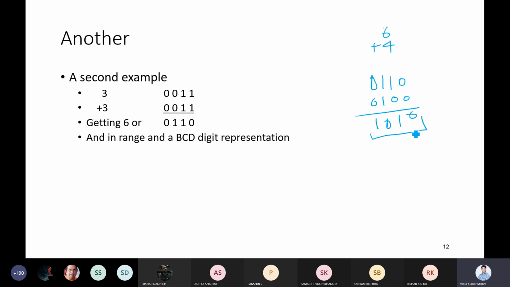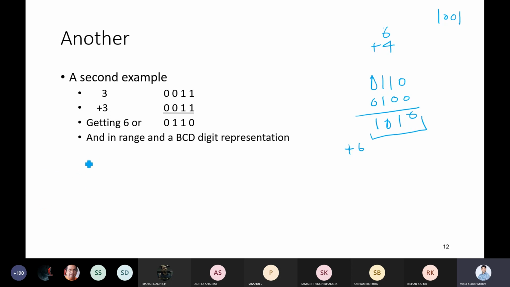In case of BCD, is this available in BCD? No, sir. Means something is wrong, right? So whenever your total goes beyond 9, meaning once your coding goes beyond this, what we need to do is add plus 6. Now you can ask from where this 6 is coming. Why plus 6? Why not plus 5? Why not plus 2? Why plus 6? So plus 6 is coming because of the jump.